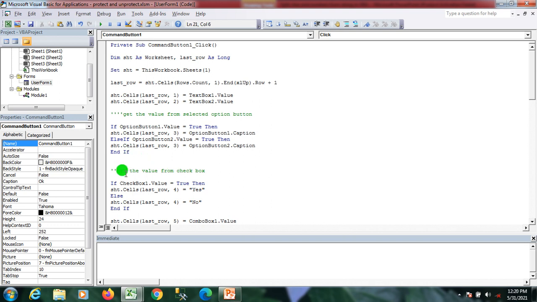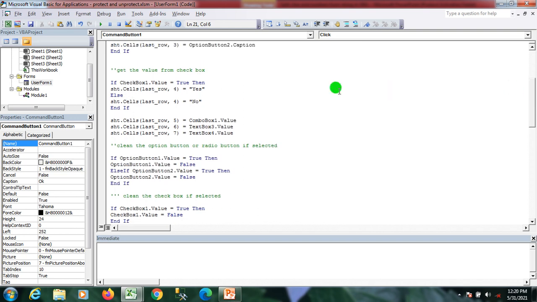Right, here I get the value from the check box. I applied one check box in the user form.